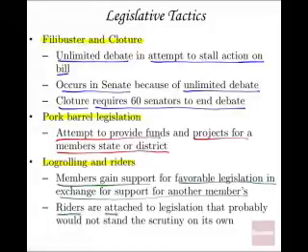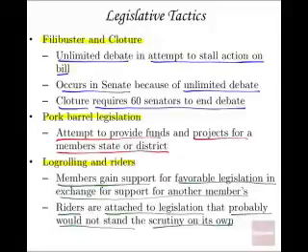And again, riders are attached to legislation that probably would not stand the scrutiny on its own. If there's a particular interest that a congressperson has, but he or she knows that alone won't survive, a smart way to get that passed is to attach it as a rider. If so many different riders are attached to the bill, it's called a Christmas tree, for obvious reasons. Just like a Christmas tree has all these different ornaments, individually it might be only a couple million here and there, but if you add that total up, then there's hundreds of millions, maybe billions of dollars going towards individual